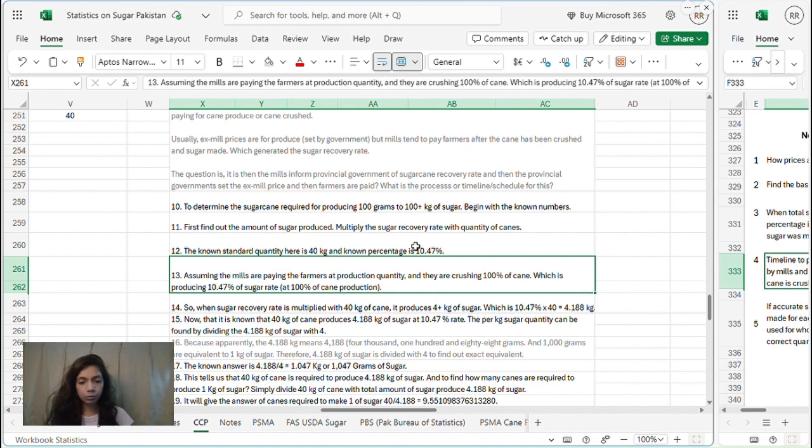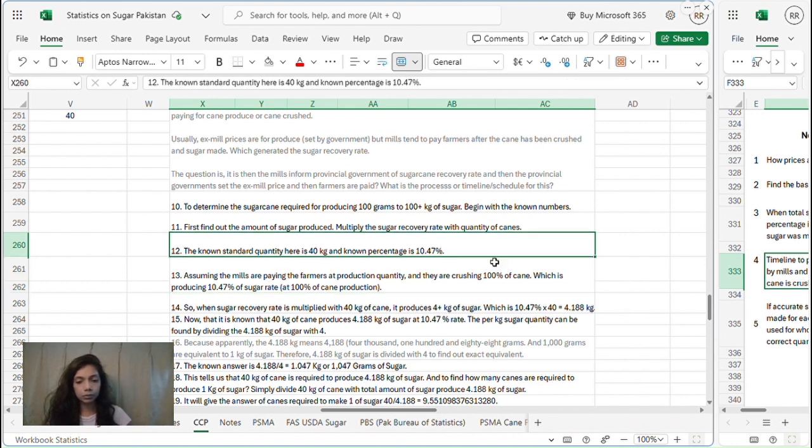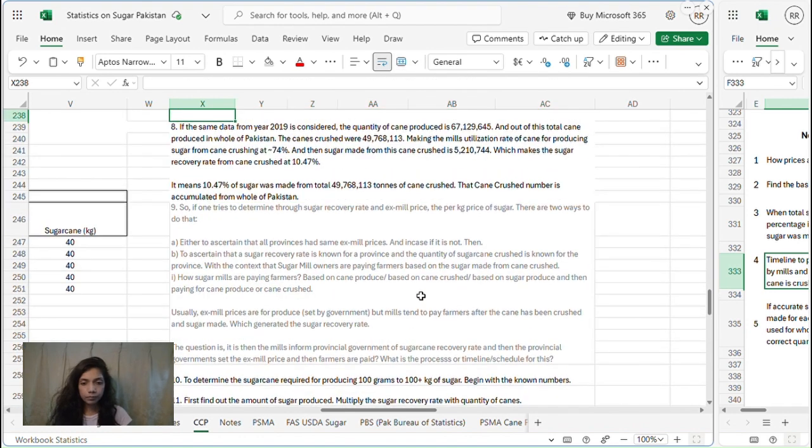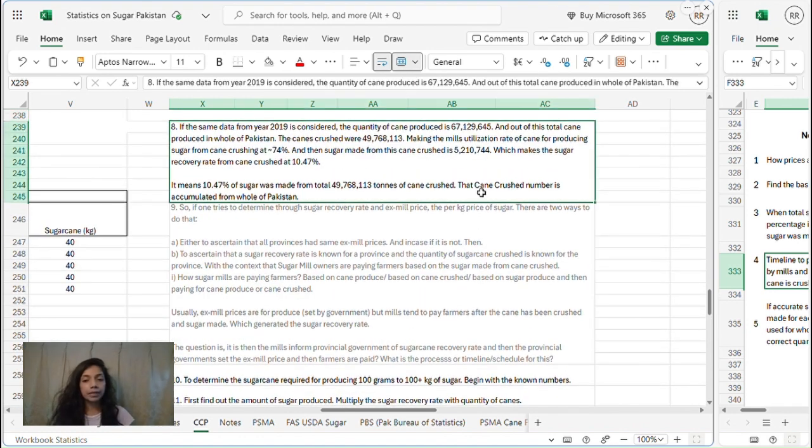The standard known quantity here is 40 kg and the known percentage is 10.47, as we have just discussed. Assuming the mills are paying the farmers for the production quantity and they are crushing 100% of the cane, which is producing 10.47% sugar rate at 100% of cane production. Now there is also one more factor to think of, which means